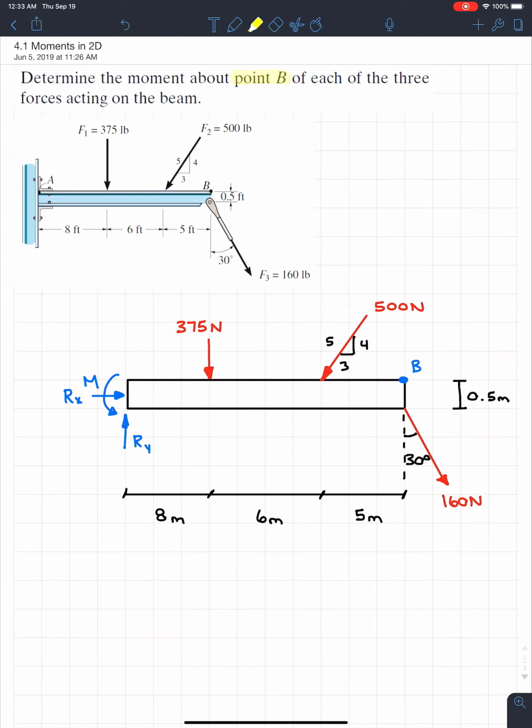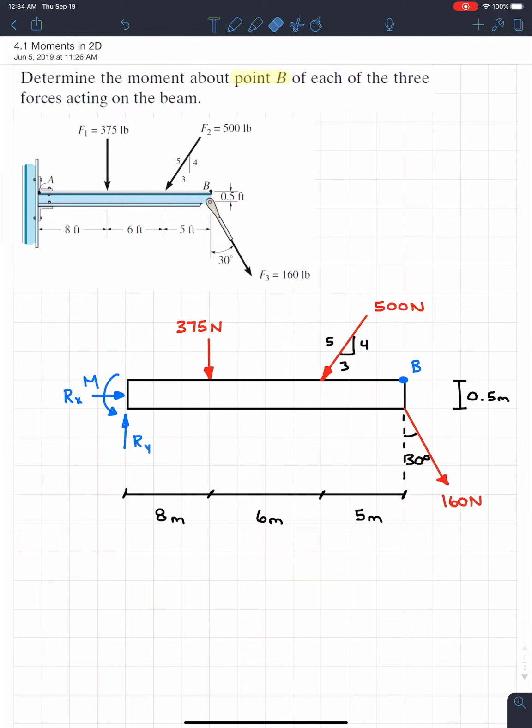And one thing I should show you right now is if we look here, I have 8 meters and I also have 6 meters. But in my diagram, the 6 meters is longer than the 8 meters. That's fine, as long as it's nice and neat and you can still see what's going on. Again, these don't have to be perfectly to scale. You should try your best, but we're not going to be too crazy on docking marks or anything like that. So that being said,